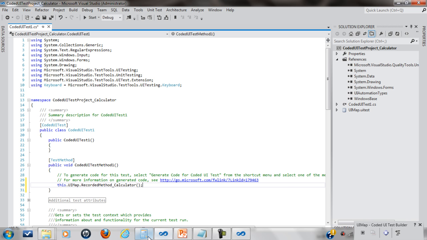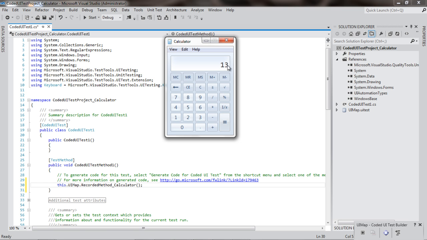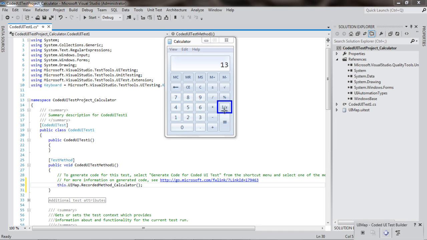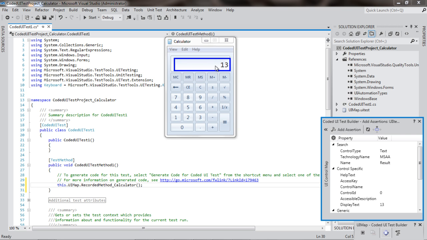Next, let me bring the calculator back again, and this is the expected result. So I'm going to use this crosshair symbol here and bring it. Right now I'm pressing on the left button on my laptop, and I'm pointing to the area or the control where the 13 appears. By moving this one around, you can select any control, but the one that I'm interested in at this moment is number 13. So I let go of the button on my laptop, and the